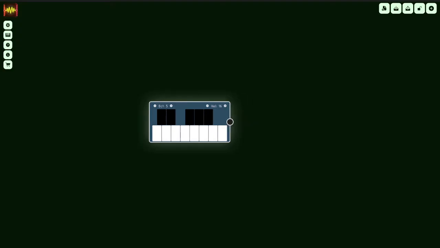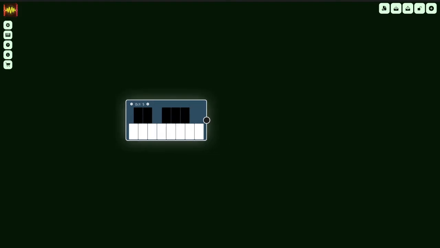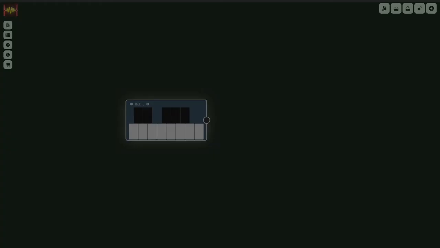So I'm going to add the piano first, the keyboard. I'm going to use the internal piano, and here it is. It has a feature where you can change the pressure by touching it in different parts of the key. So this is the keyboard. And now I'm going to add the note filter